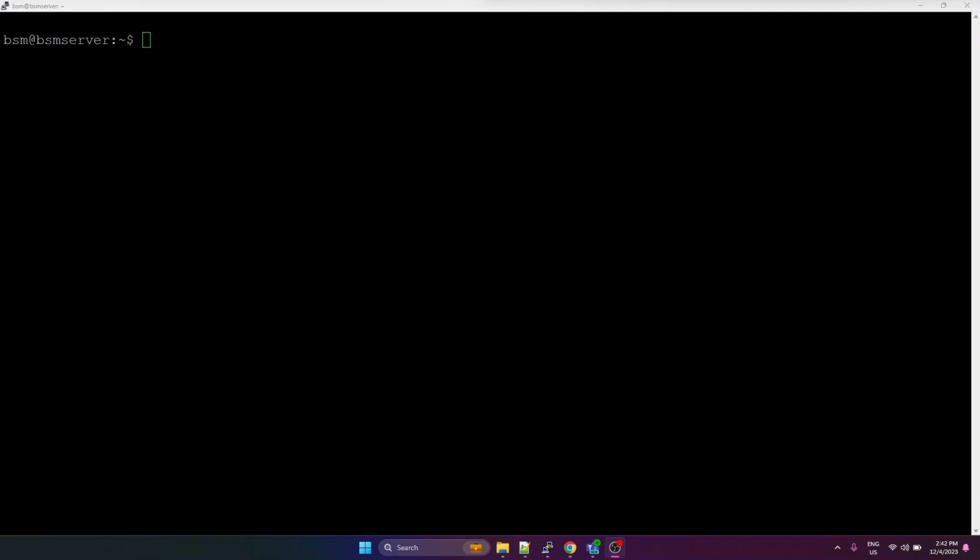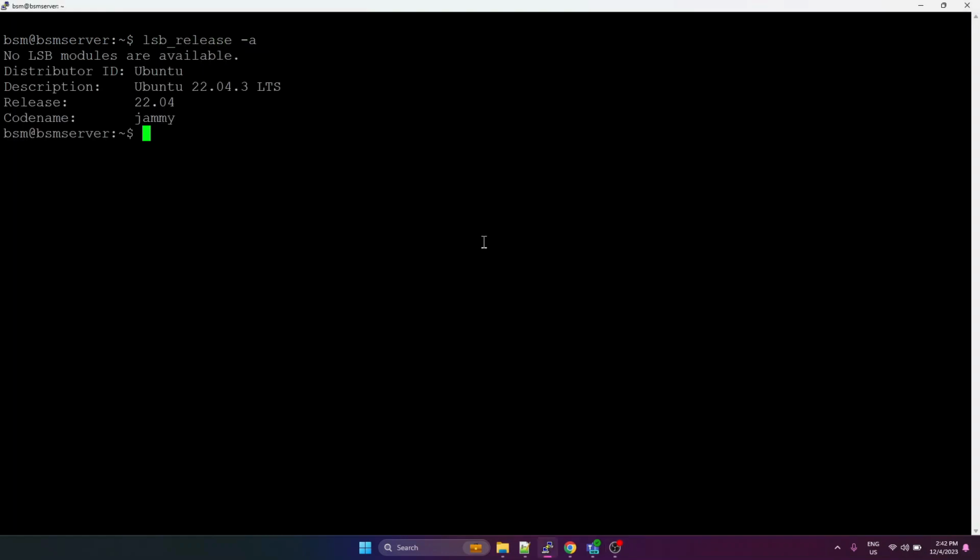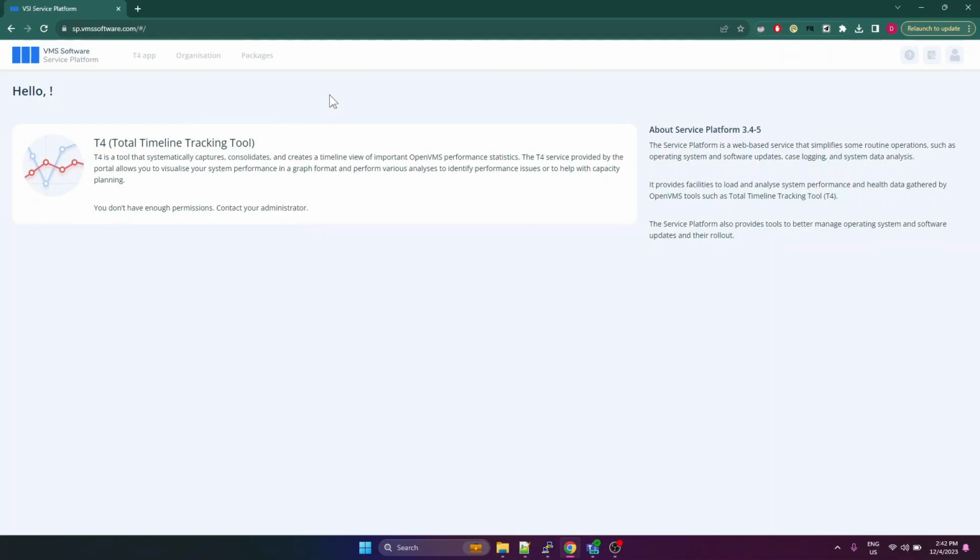First of all, let's check that you have VirtualBox installed and all the VMS distributions that you need. I am running Ubuntu version 22.04 and I'm running VirtualBox version 6.1. You will also need an OpenVMS ISO, any product distributions that you may want to install later, and a license pack. The distributions will come from the service portal, so you just go to